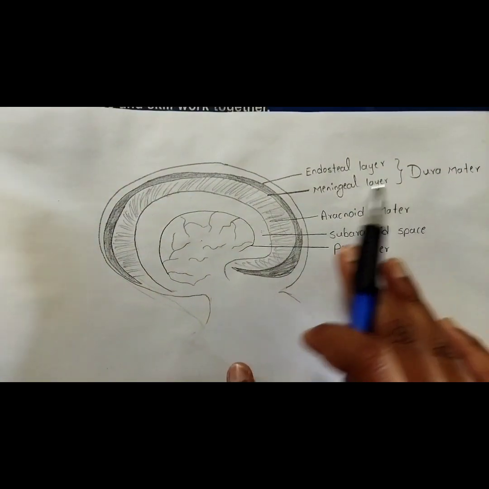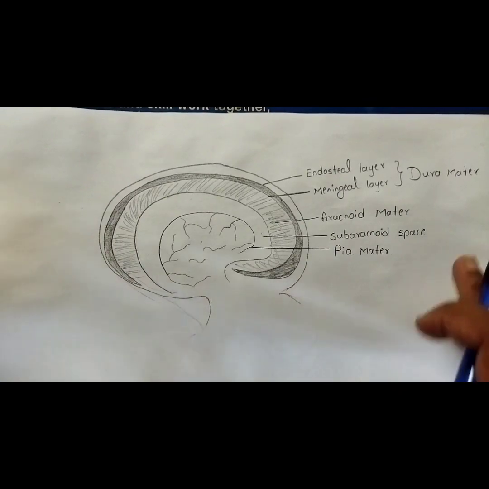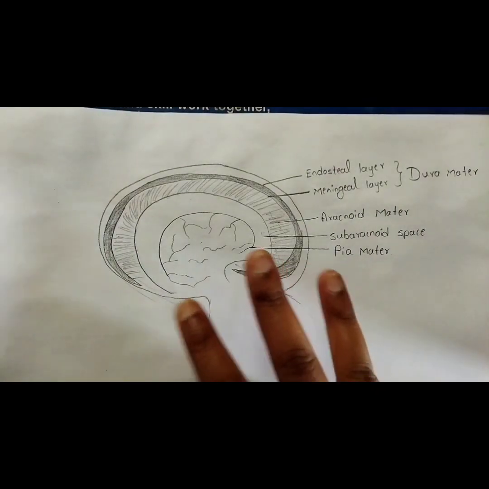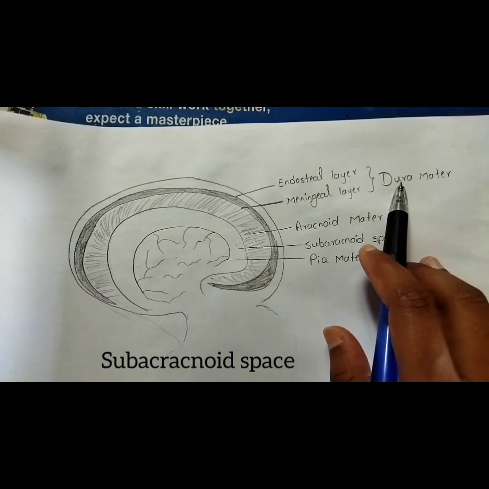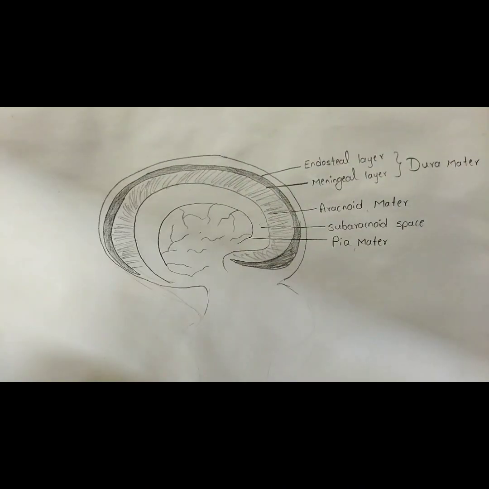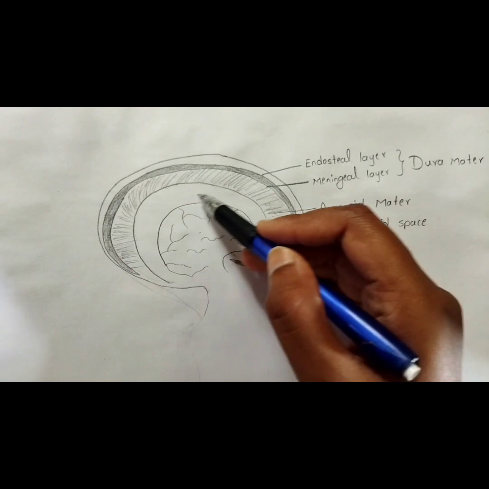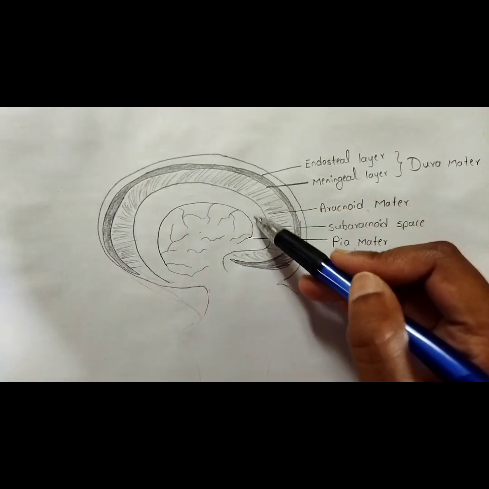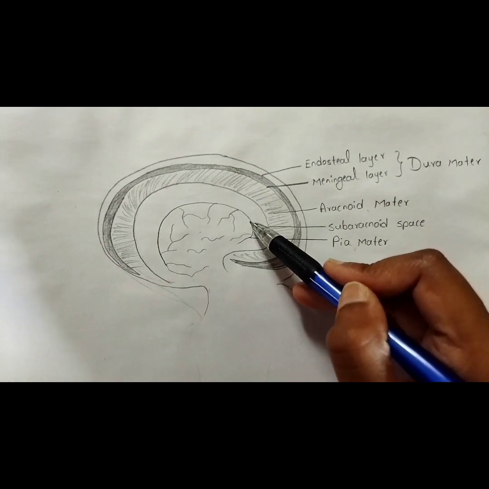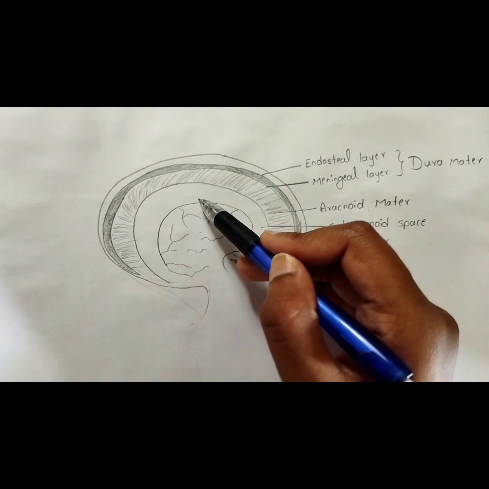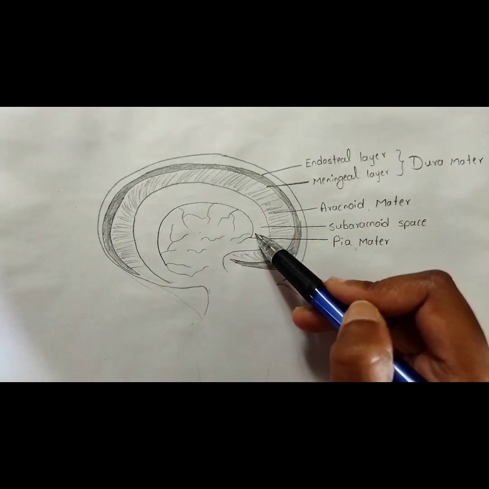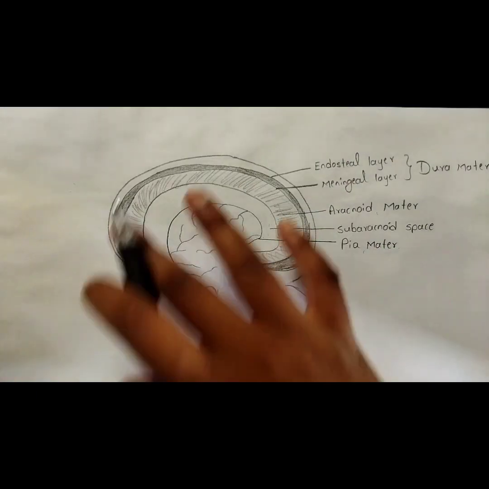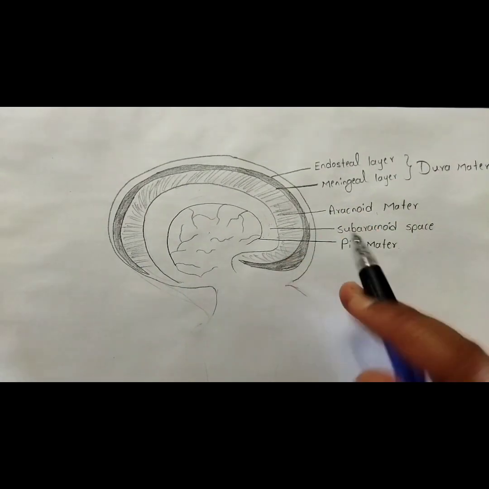So the brain is a very delicate and important organ, and it is protected by three coverings. Which are these coverings? These are the dura mater, arachnoid mater and pia mater. The cerebrospinal fluid fills the space between the arachnoid and the pia mater, and it acts as a cushion. So here you can see this space, it is below the arachnoid mater, so it is called the subarachnoid space, and it is the space between the arachnoid mater and the pia mater. Here the cerebrospinal fluid is filled and it acts as a cushion for the brain. So this is all about the introduction and the diagram of the meninges.